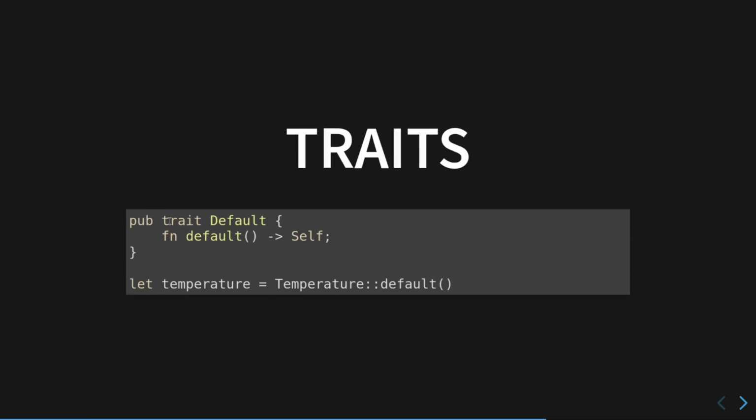The syntax for declaring a trait. First of all, you will usually want to declare the trait public. Once you declare a trait public, every single method which is declared on the trait is also declared as public. You use the keyword trait, you give it a name, you then give it the signature for every function that needs to be implemented. In this particular case, fn default doesn't take any parameters, and we are returning this capitalized Self. Now this refers to, we're going to be returning Self, the data structure which we have defined the trait on. This will become a lot more clear in just a moment as we look at